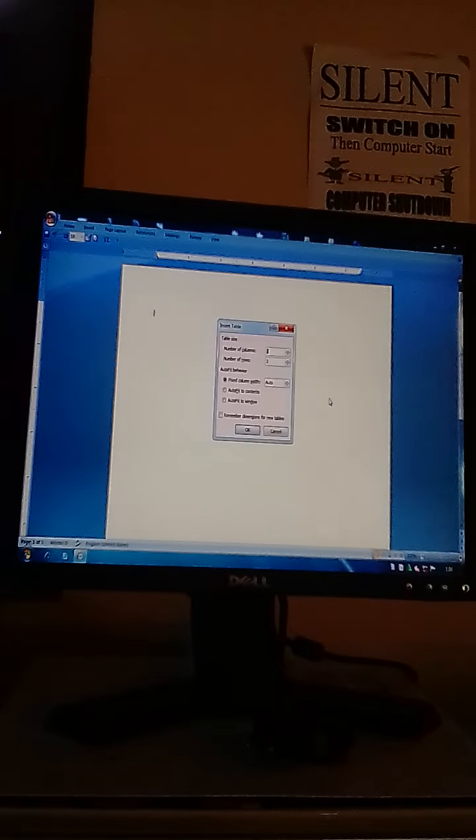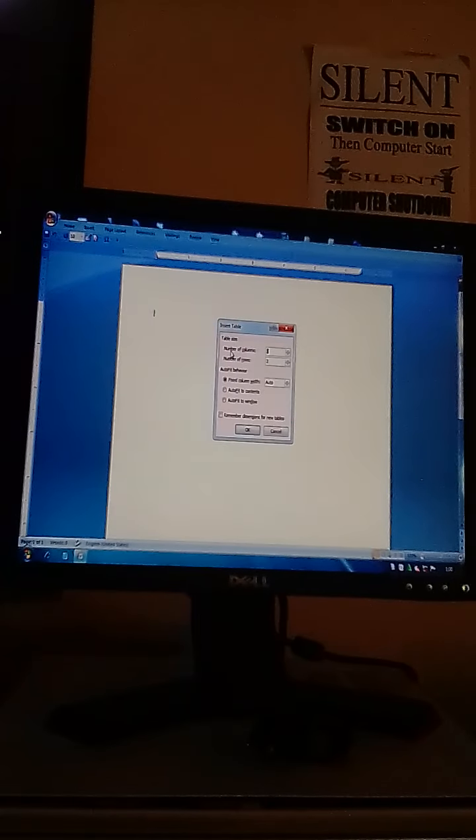This menu tells us about the formation, about the setting of the table. On number 1 there is table size. This option enables us to set the size of the table.